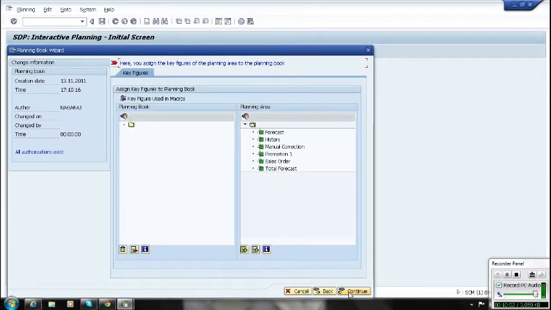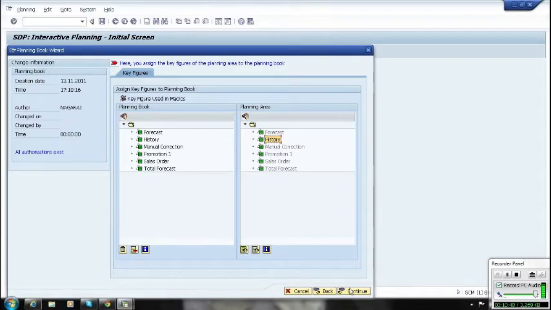And here, now you can see the key figures. These key figures are from the planning area. When you are creating a planning book, we give the connection to the planning area, referring to this planning area. So whatever key figures are in that particular planning area, you are able to see here. If you want all the key figures in the planning book, you can select them, or if you want a few, you can select a few. This is the option to select all, and this is the option to select a particular key figure. For example, I can select only one key figure like this. If I want everything, I can use this one.